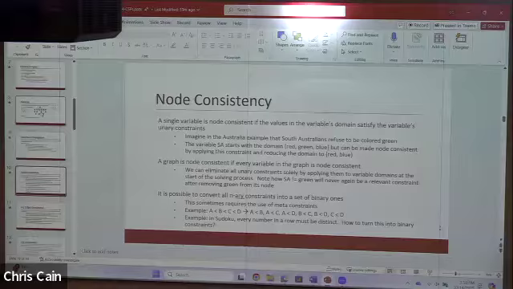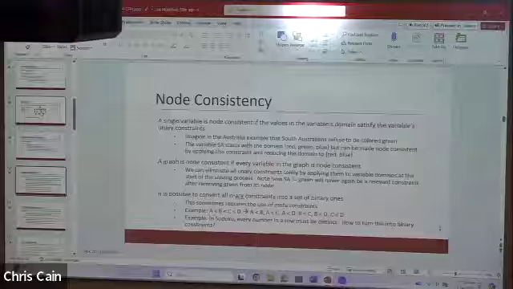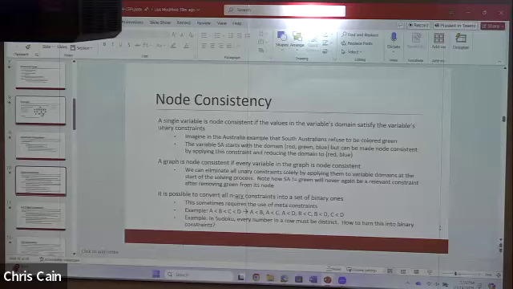So we talked about node consistency as a way of doing that. This was the equivalent of one consistency, once we talked about K consistency. So this is just making sure that everything within a single node is consistent. And there's not much you can do with that sometimes, but